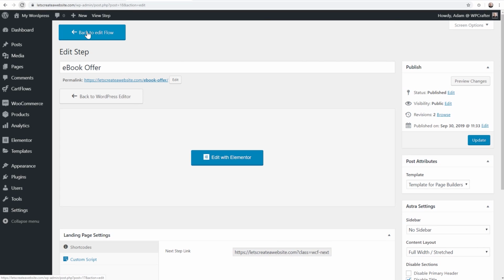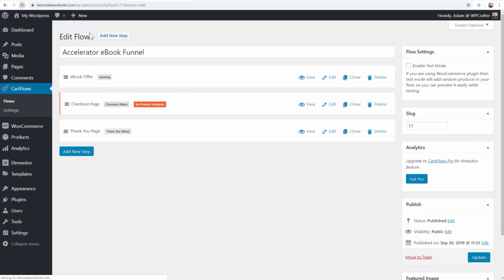So I'm going to click right here where it says back to edit flow. Now one thing you're going to notice is that title of the step, it changed to ebook offer, and it's linked to that page title. So let's go ahead and take a look at our checkout step. I'll go ahead, I'll click on edit,